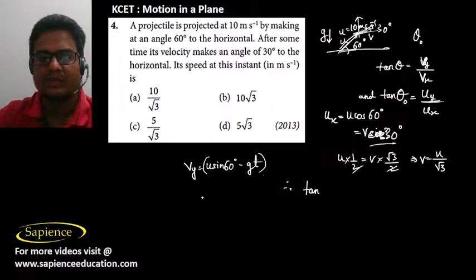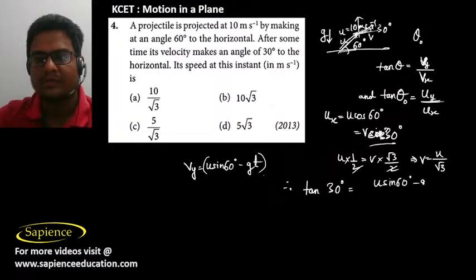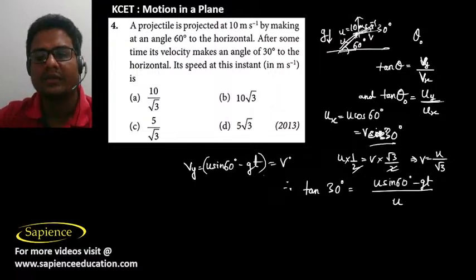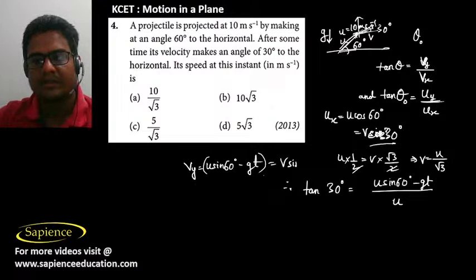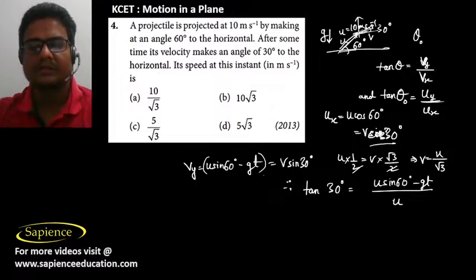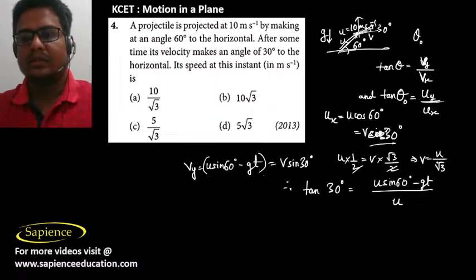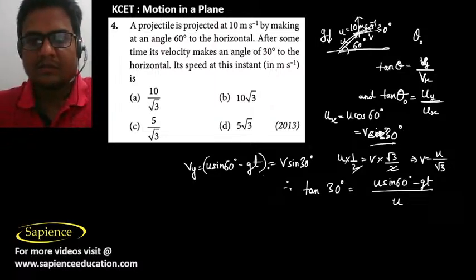So Vy. Tan 30 degree is equal to Vy, that is U sine 60 minus GT, divided by Vx. Vy is actually V sine 30. So which is equal to U by root 3. Simply we can solve like this also. So U into sine